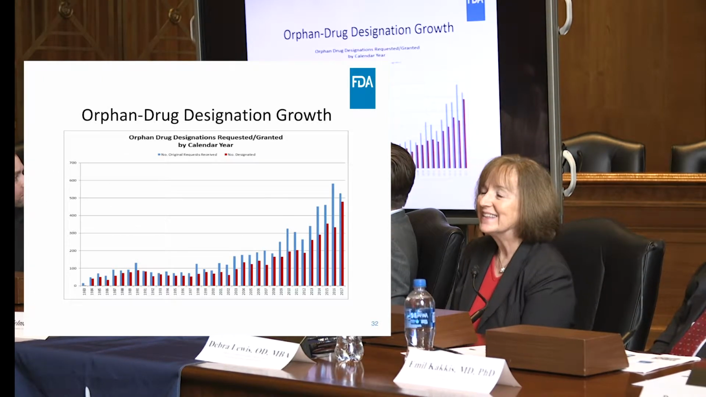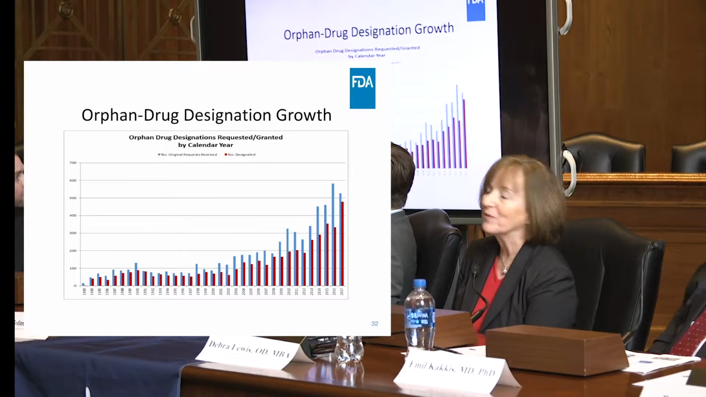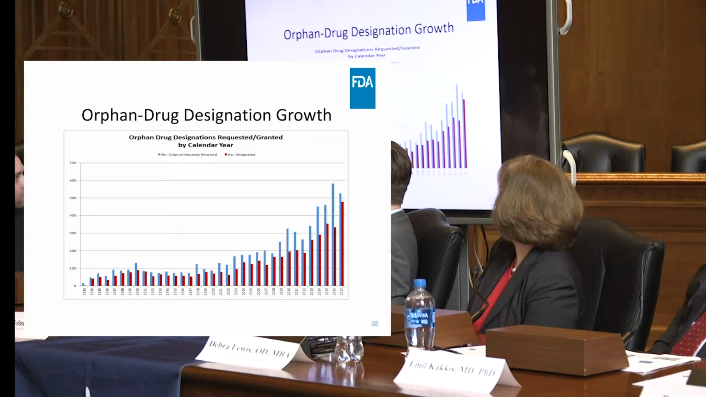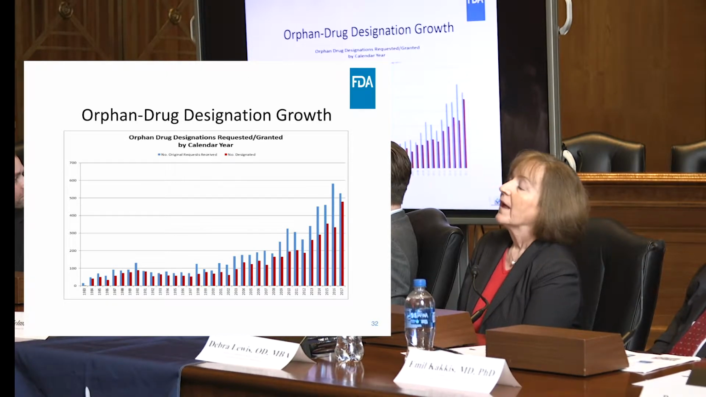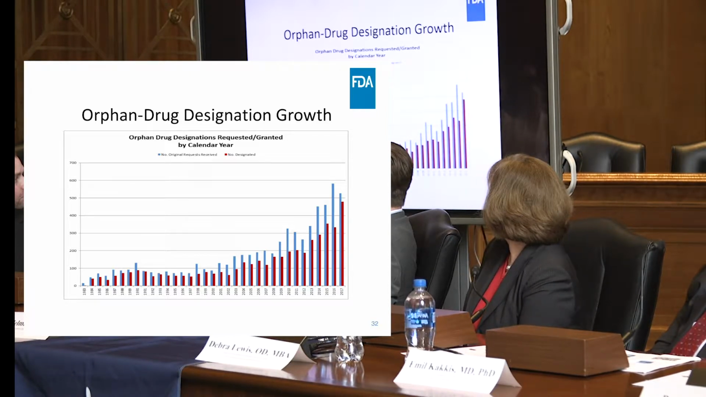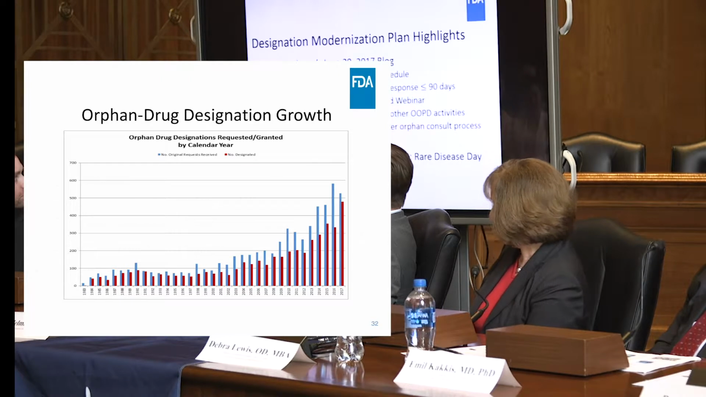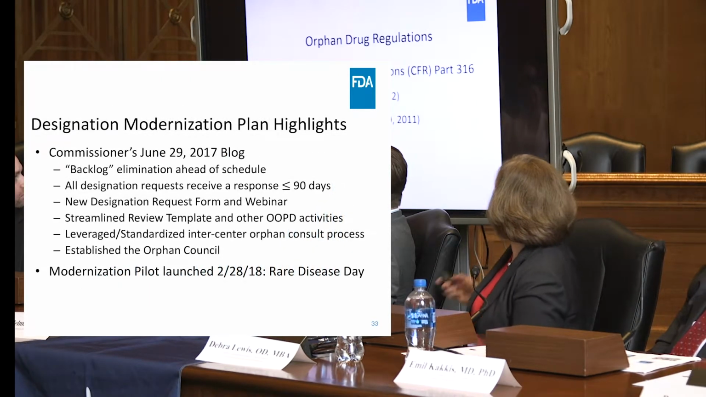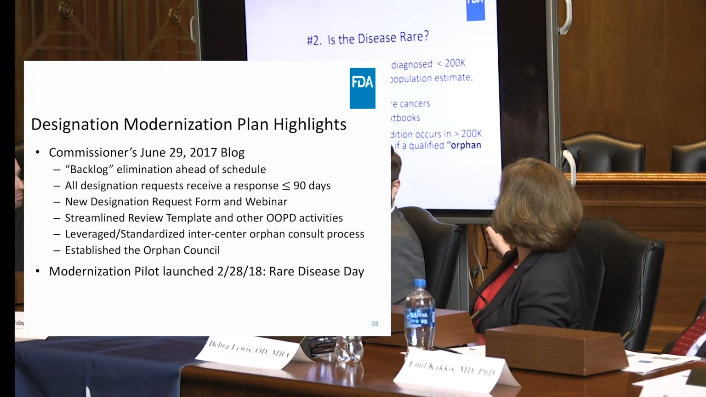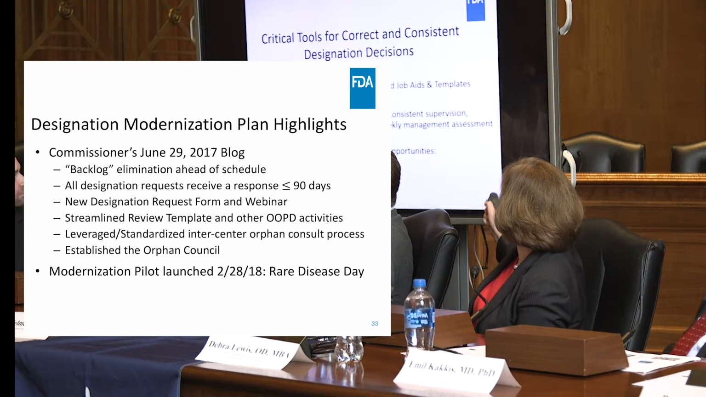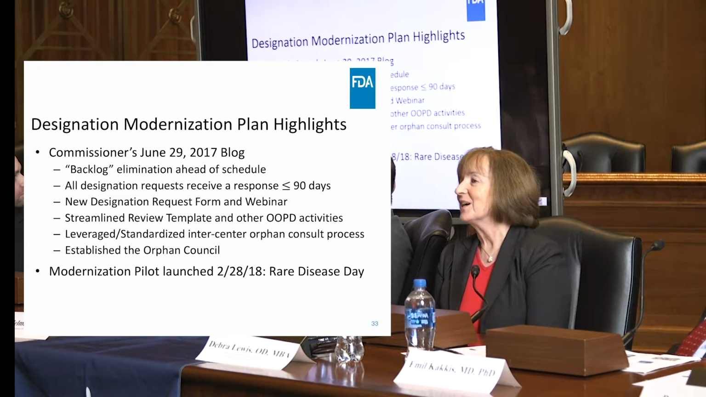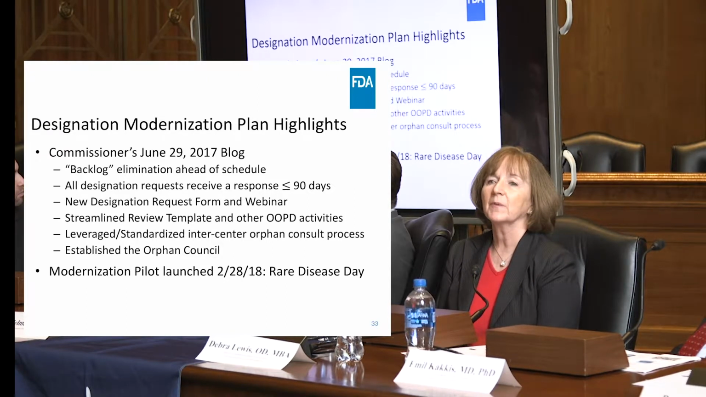As you can see, this is a chart that you may be familiar with, but it's a time chart of both the requests in the blue, and in the red what we designated. And you can see it's grown much more in recent years, these requests and designations. So as we've come to the problem of increasing numbers, we have a situation where we needed to look at ways of becoming more efficient in